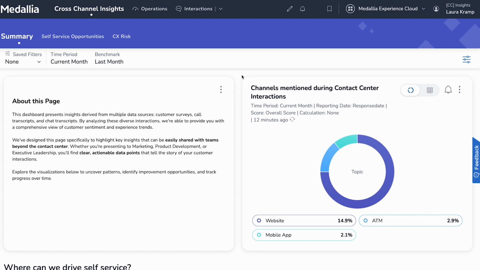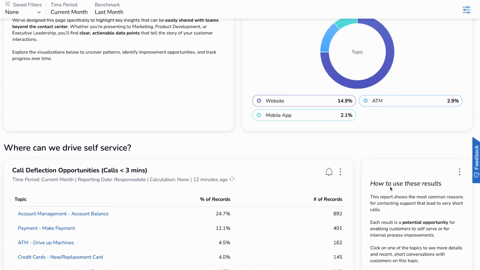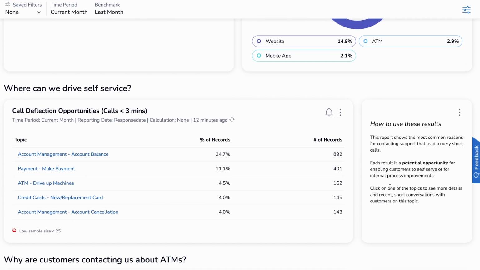So at the top of the page, I can see, amongst those different channels that I might be interested in tracking, website is coming through a lot in our conversations. There are fewer conversations about the ATM experience and then also about the mobile app experience. If I keep scrolling, and this is getting a little bit deeper into the contact center